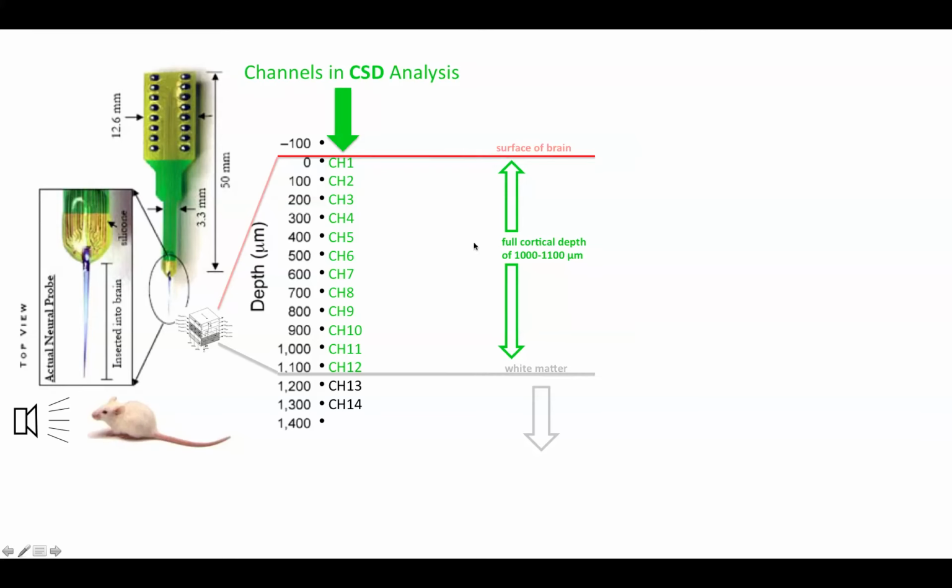Here's another illustration just showing the positioning of the multiprobe. We have these 16 recording sites. The very top recording site we always had above the surface of cortex. And here are the 14 CSD channels. Now there's 16 recording sites and 14 CSD channels because you need three recording sites to give you one CSD channel. So they're recording local field potentials at each of these 16 recording sites. And you need the information from 3 local field potential recording sites to make one CSD channel. So that's why we always had one site above the surface and the second site right at the surface.